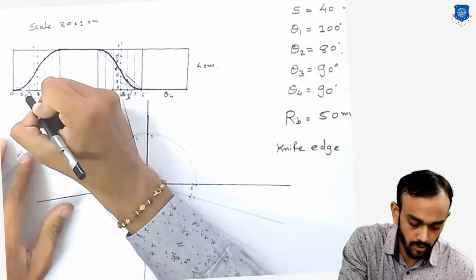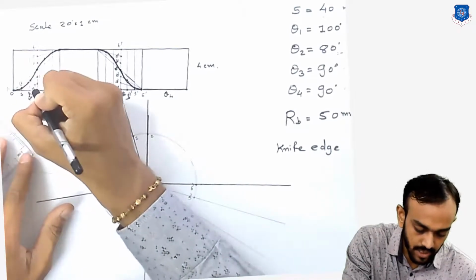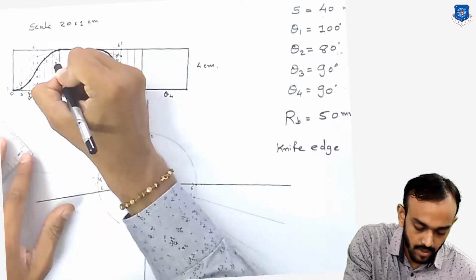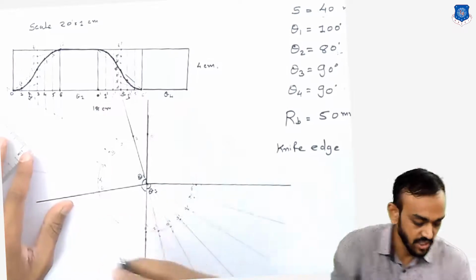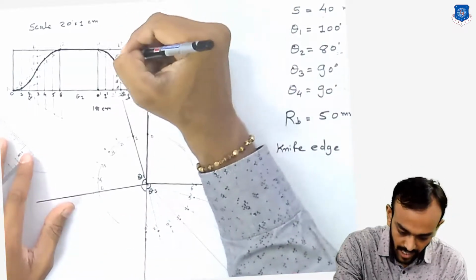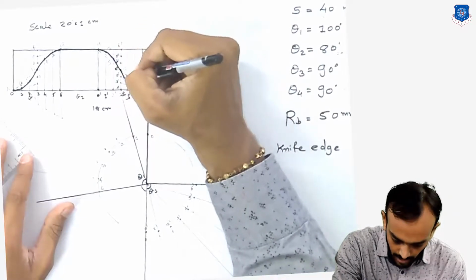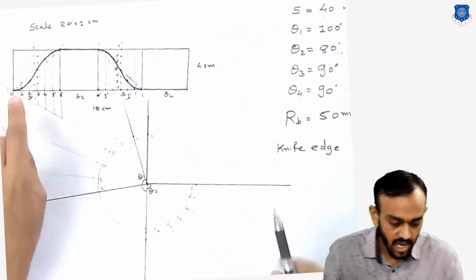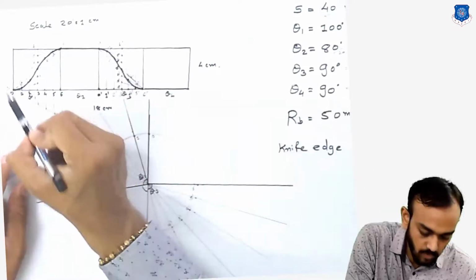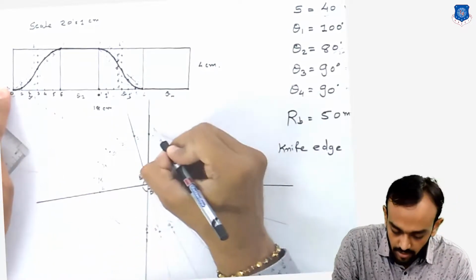We also have to give numbering here: the starting point will be capital A, this point is B, C, this point is D, E, F, and the last point is G. Then this point here is capital H, I, J, K, L and M. Every point we get here is very important, because you can see the first point, check this here, 0 and A. So 0 and A will be at the same place.